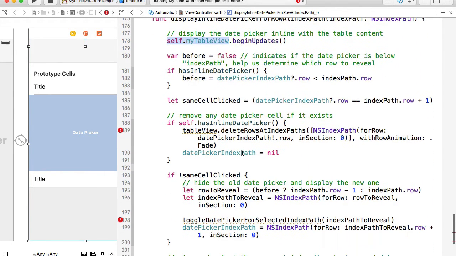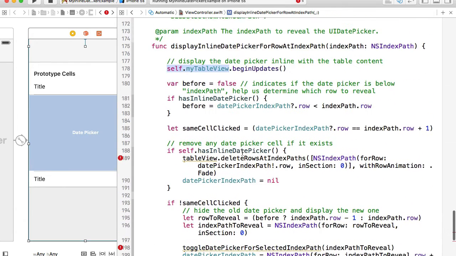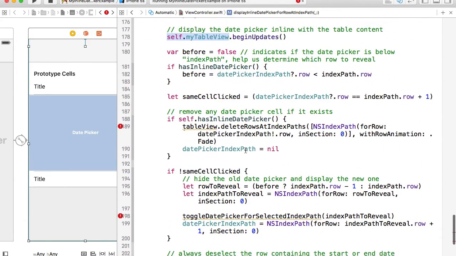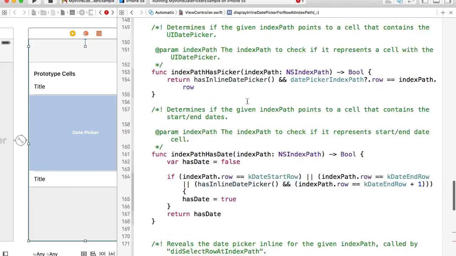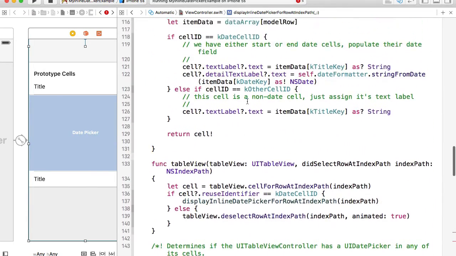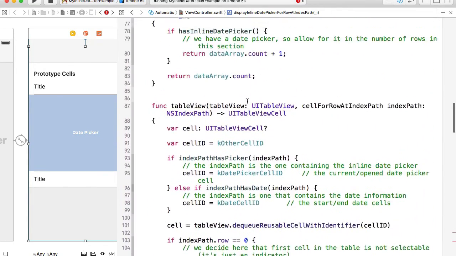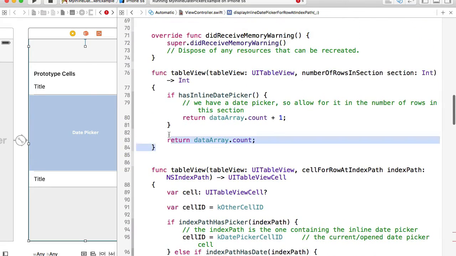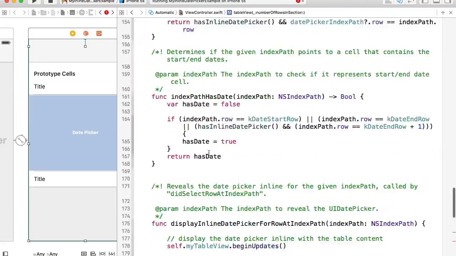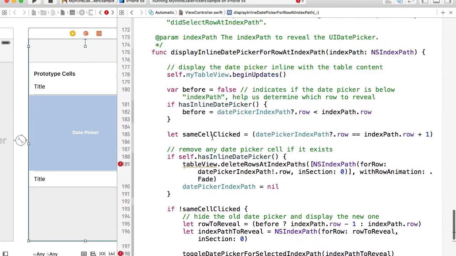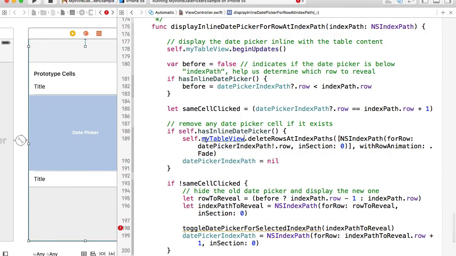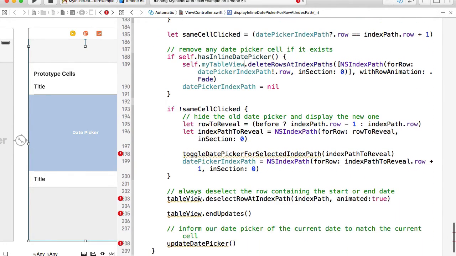Okay, I will copy my table view, and basically we will begin and end updates so that when we insert or delete rows from the table view, we don't have the functions that, for example, a cell for row index path or number of rows in section do not get triggered until the end updates is called. Okay, so let's replace table view with the my table view to get rid of those